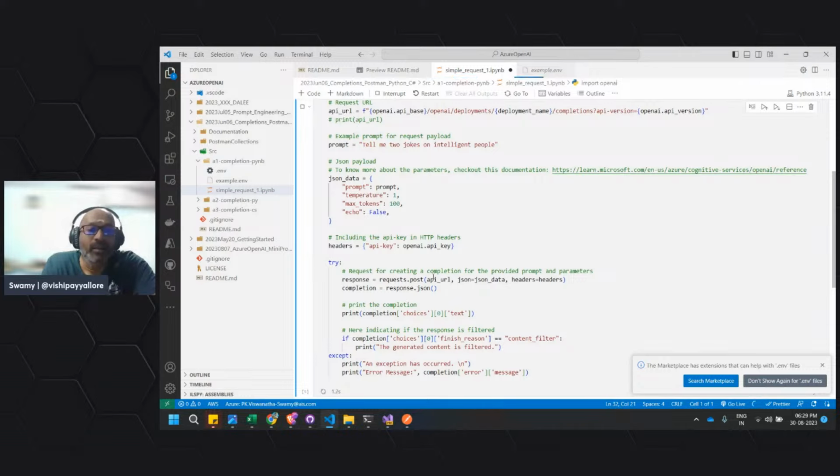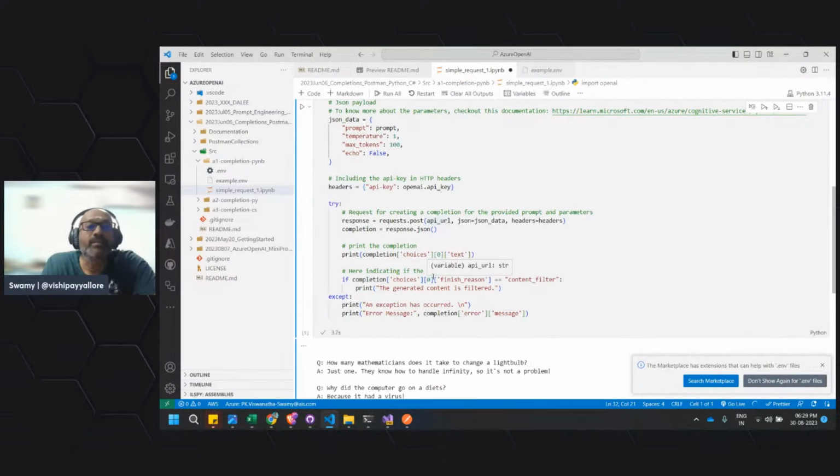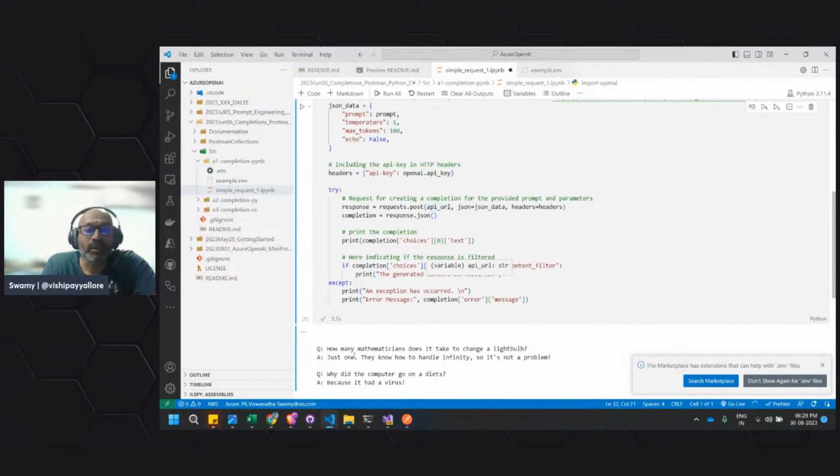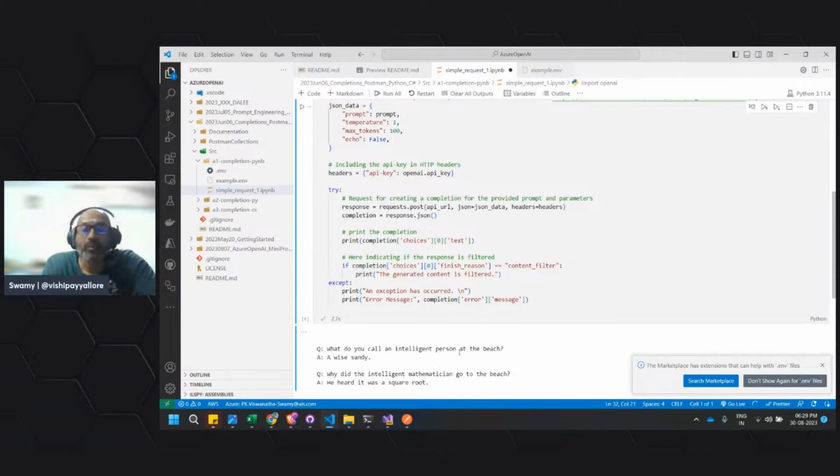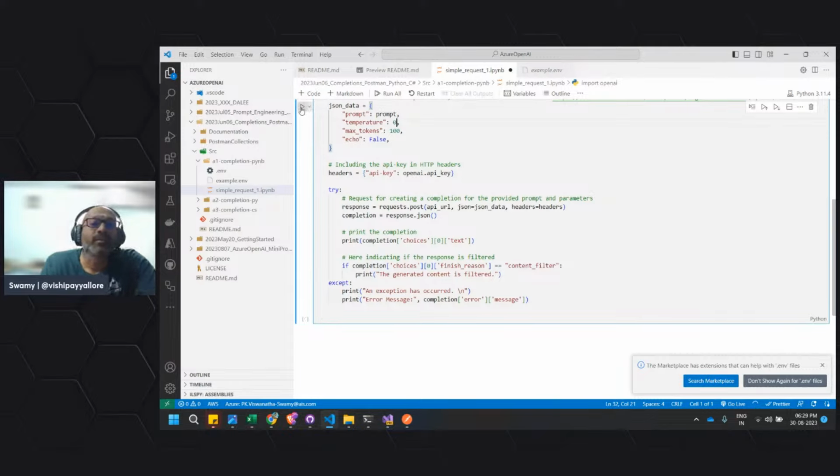Okay, so let me see. It gave these two jokes: computer go on a diet and change a light bulb. Let me clear that. And here you see different. When you set the temperature to 0, that means you're asking it to stick to the game plan.